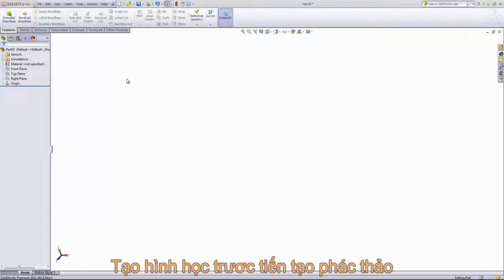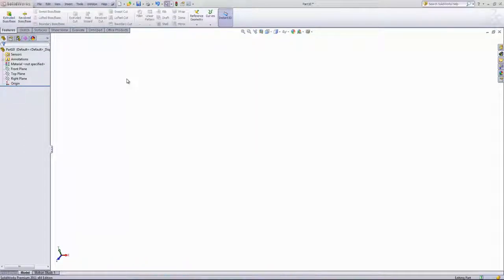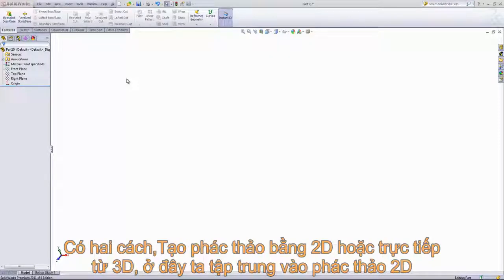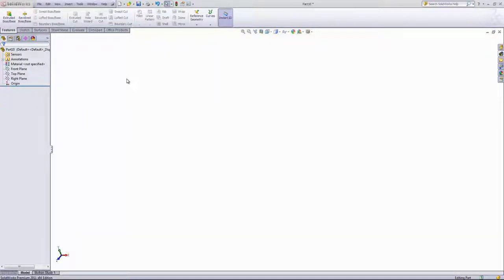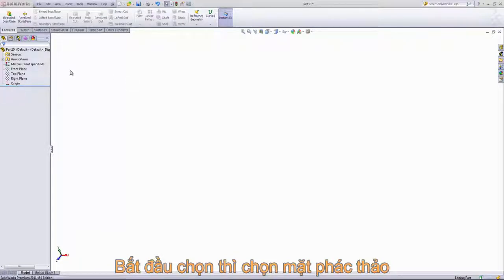To create any geometry in SOLIDWORKS, you have to start with a sketch. And now there are two kinds of sketches. There's a 2D sketch and a 3D sketch, and generally you'll be focusing on using the 2D sketches. To start a 2D sketch, you'll need to select a plane